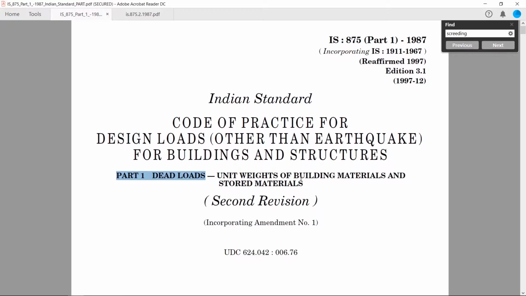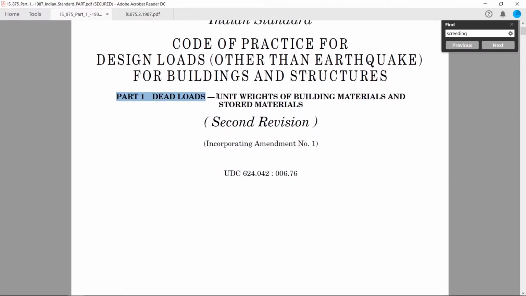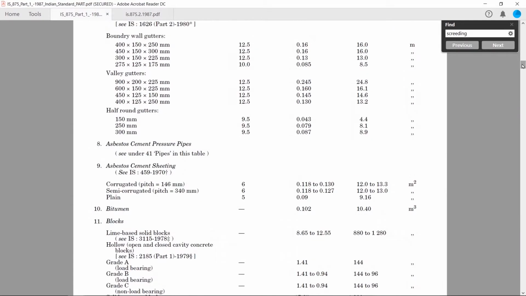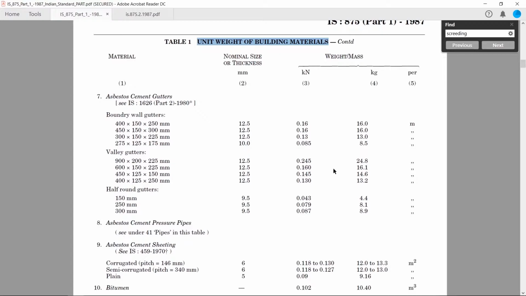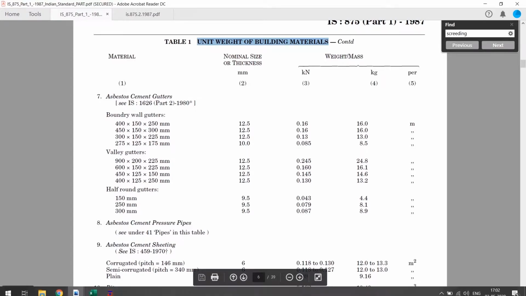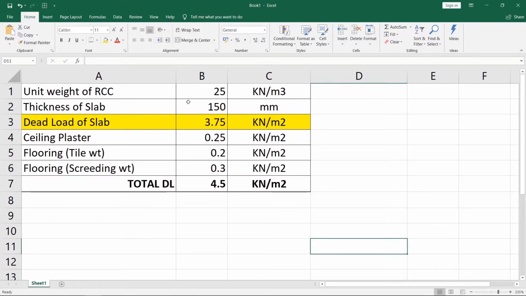So the first option of dead loads, all you have to do is understand how much dead load is going to come on the floors. And for that, this code gives you the unit weights of the various building materials. And you can use this code simply. So if I take you through the unit weight tables, you can find the unit weight of building materials. So whatever building material is being utilized to create those slabs, we can use it. I'll take you through a simple example. I've created a simple Excel file. Now don't quote me on all these values. I've just taken an approximation.